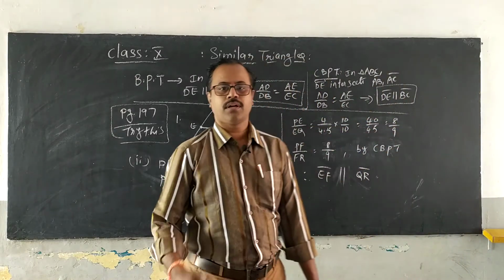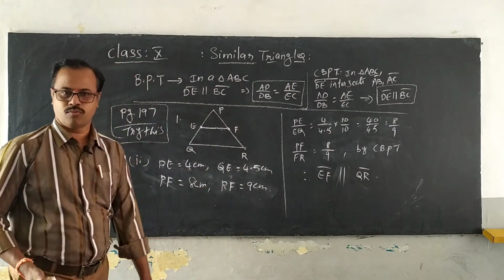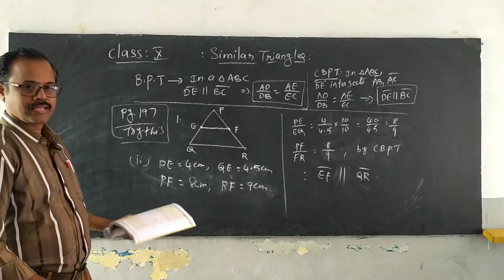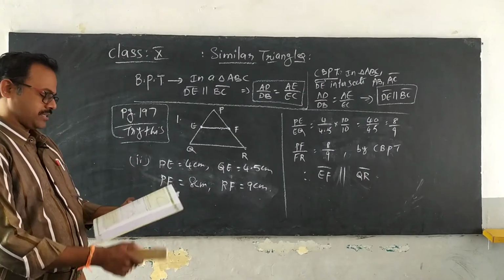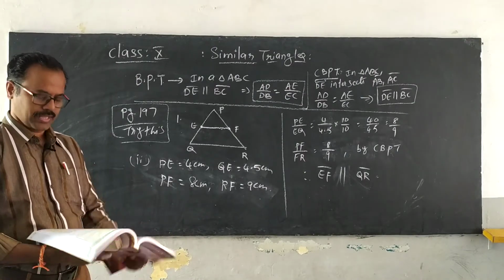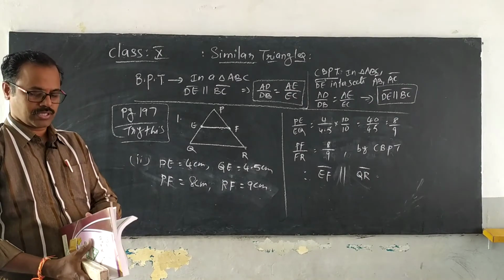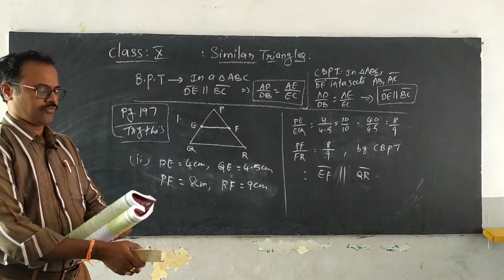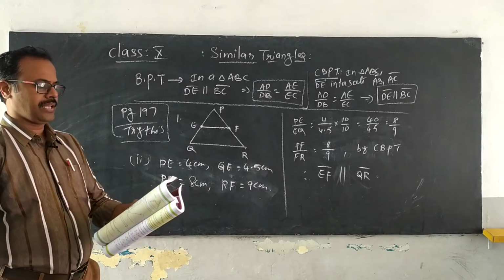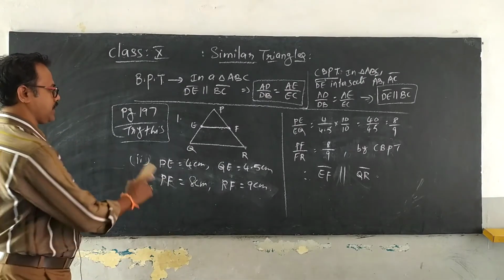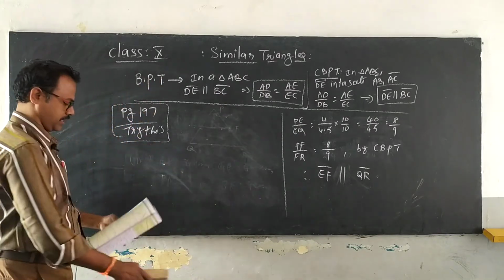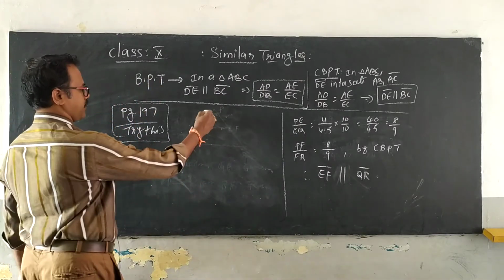You have a third question there. Do it as your homework. Clear, guys? Right. We go to the next. We go to the second question in the Try This. A diagram is given there for you in the following figures. DE is parallel to BC. It is given that DE is parallel to BC.